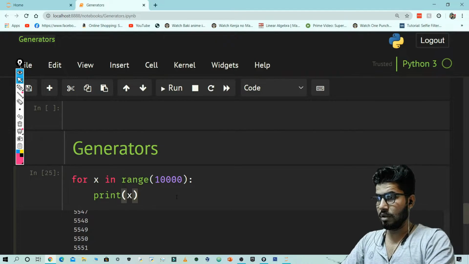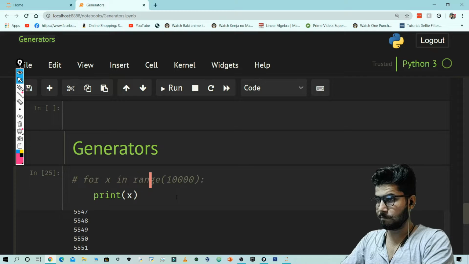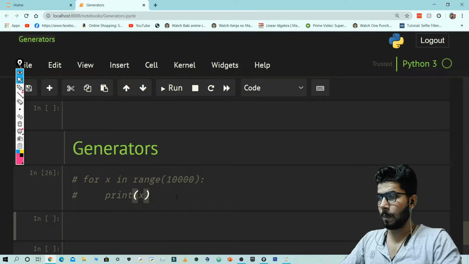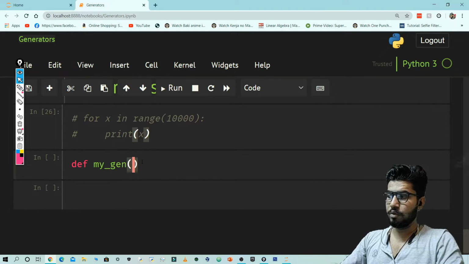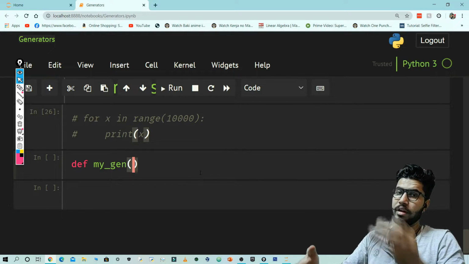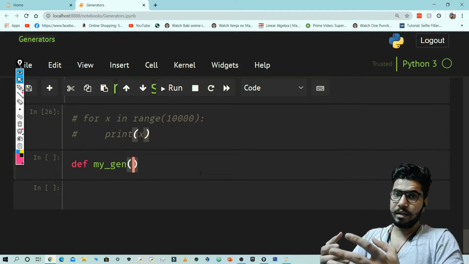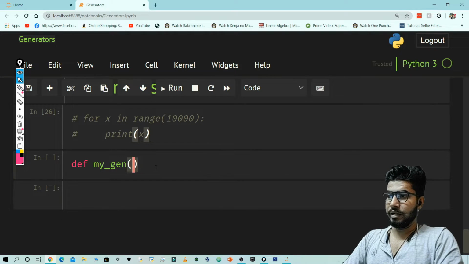So I'm going to create a function, def my_gen, and I'm going to do the same thing, but I'm going to make it for infinity. You can take out infinite numbers from this generator.